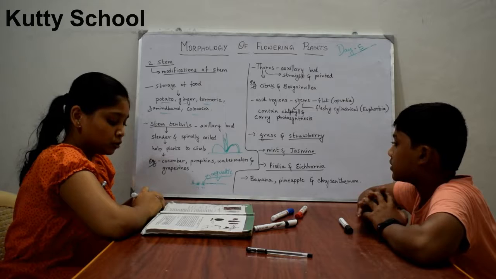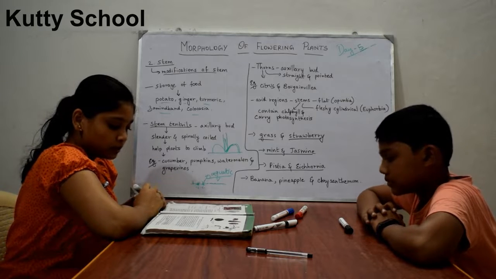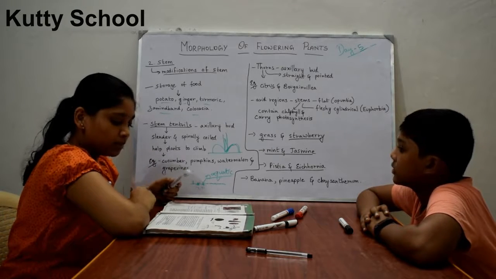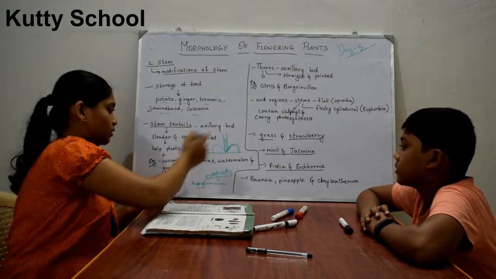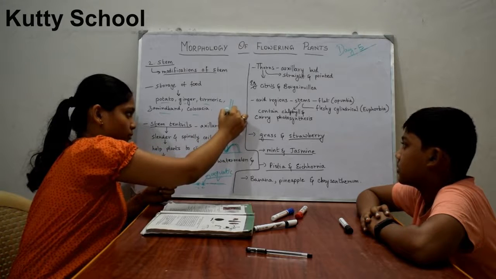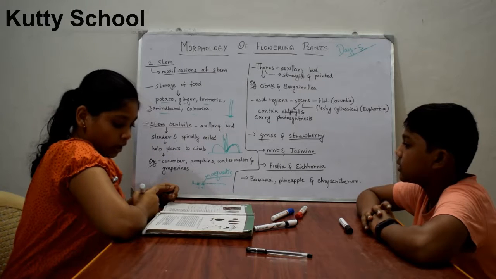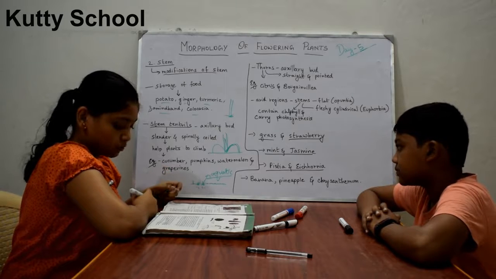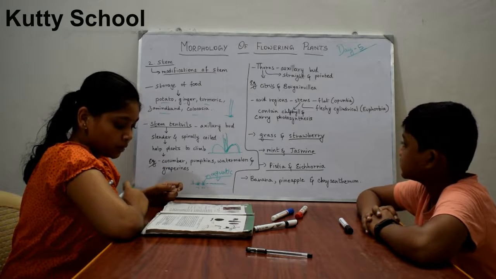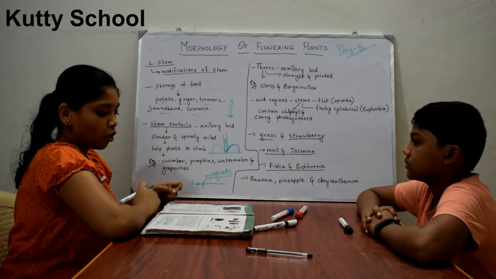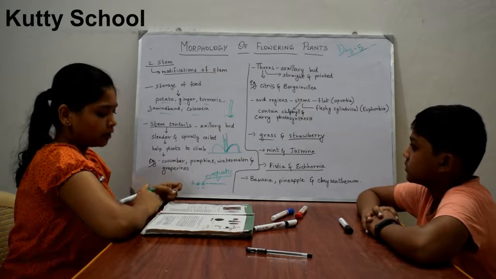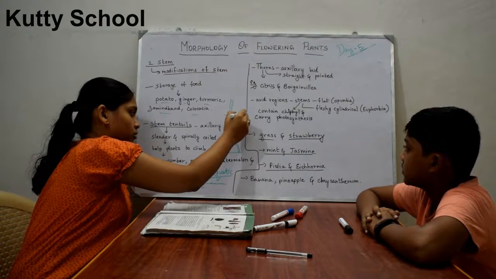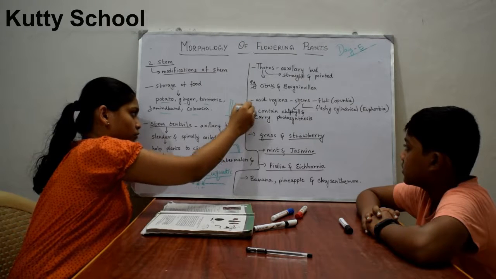What these plants do is, in these plants the lateral branches originate from the basal. It originates from here, and the underground portion of the main stem. So basal is the main stem. The underground portion of the main stem grows horizontally beneath the soil and then comes out obliquely upward, giving rise to new leafy shoots. So here they will develop for some time, and after some time they'll grow obliquely upward and give rise to new shoots.